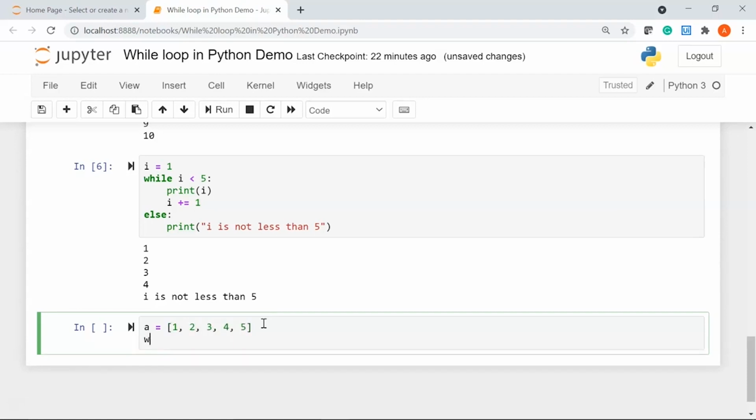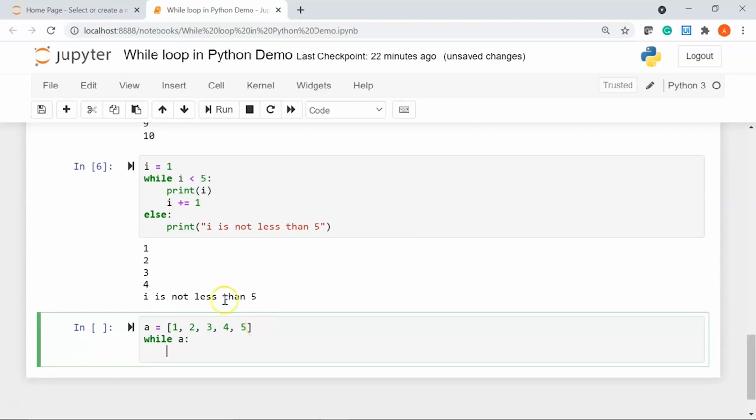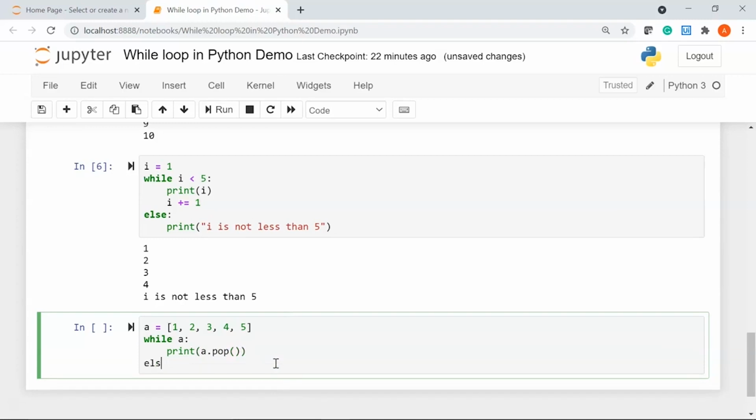So these are the 5 elements that are present inside list a. I'll say while a, so I'm iterating over all the elements in my list. I'm going to say print a dot, I'll use the pop function. So what pop does is it is going to remove the elements from the end of a list.